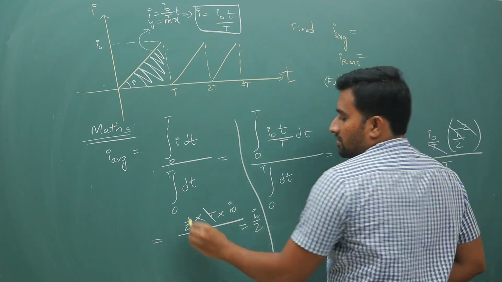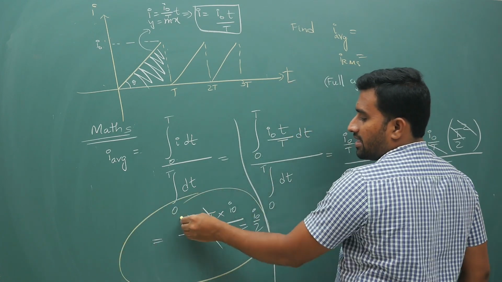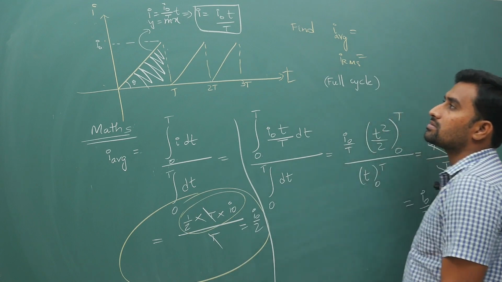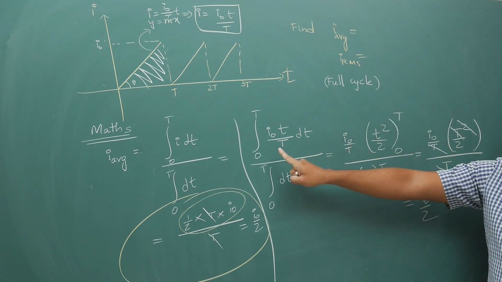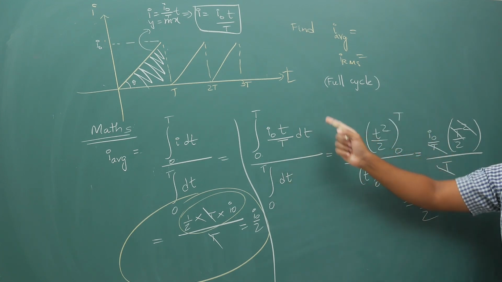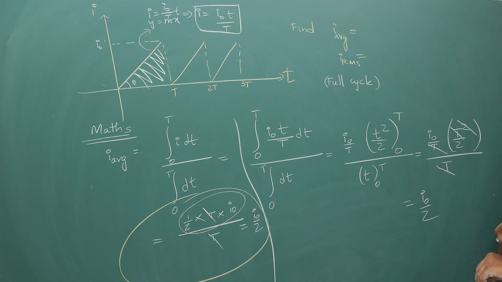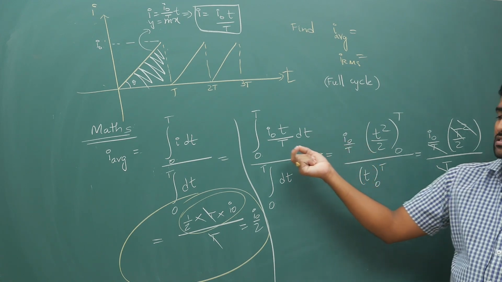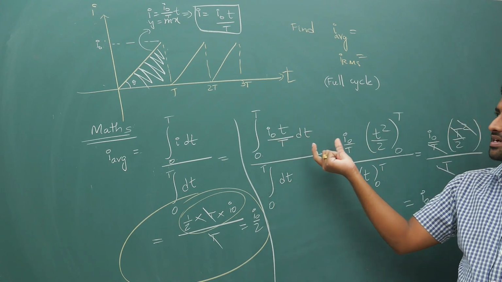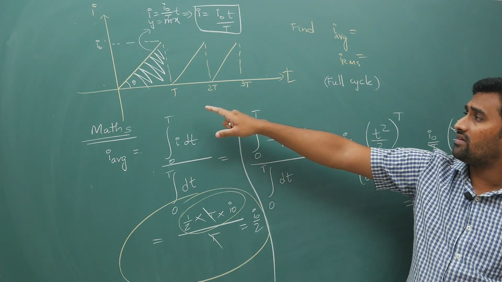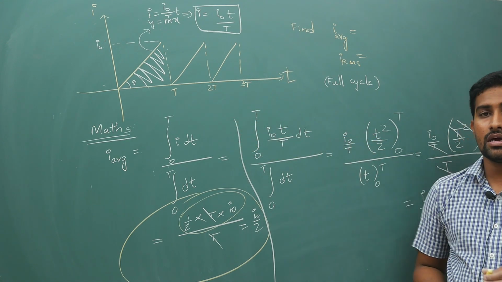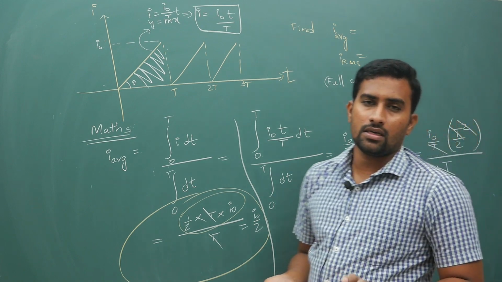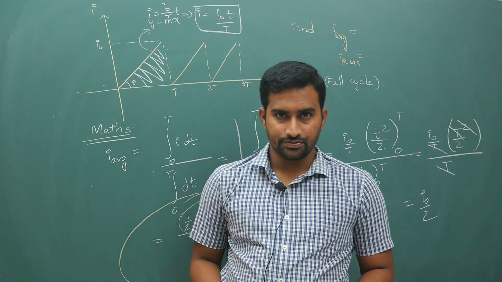Now this is pretty easy. Area by time, so that is easy. If not through maths, you are supposed to do this. Now what does IRMS mean? In place of this function, do squares. Do squaring on both sides and then do the simplification. IRMS square is this function squared into dt, or else draw the graph of I square versus t and then do it from maths accordingly. Okay, hope you have understood these basic things.